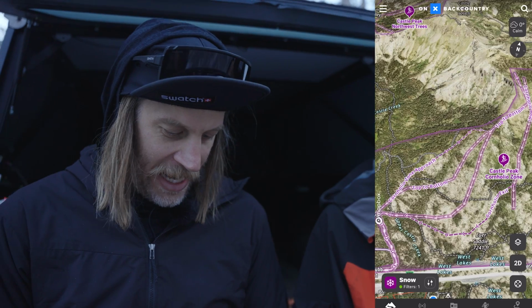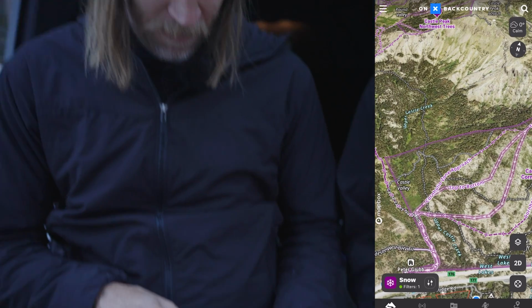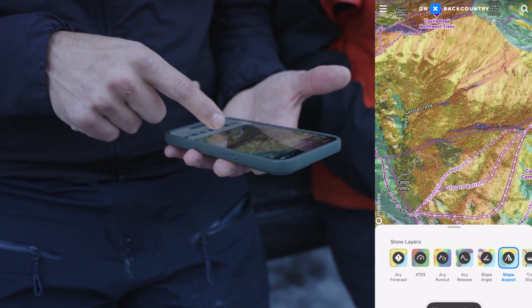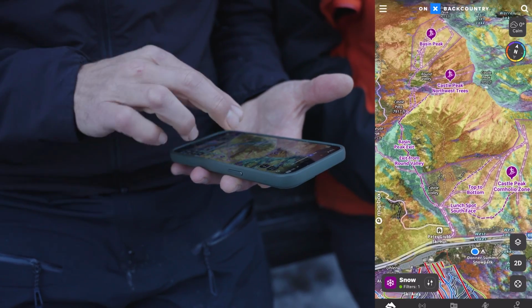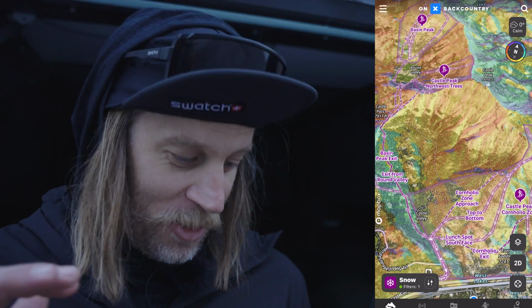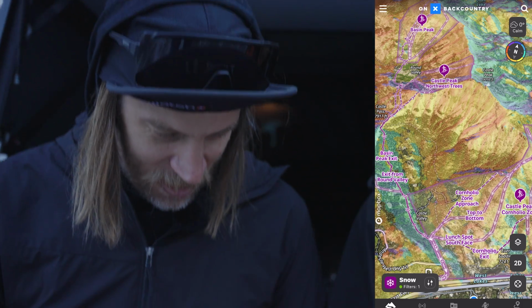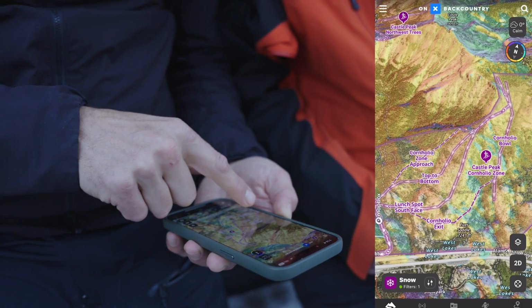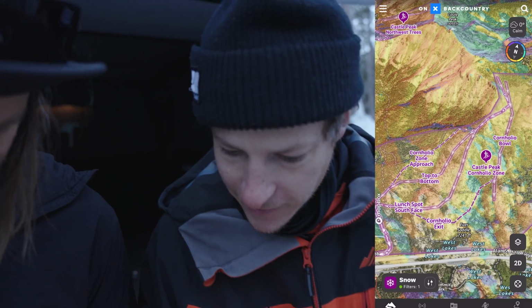Yeah. So today, what I'm looking at, I actually want to look at aspect, because I think aspect is going to be super important today. I kind of think this morning we're going to want to try and get on some east, potentially southeast, if we got a good hard freeze, and get that first thing. But then if it starts to warm up too much, then we're going to want to start to look into more north, northeast, northwest. So I don't know about you, but using this Cornholio zone approach, yeah, and kind